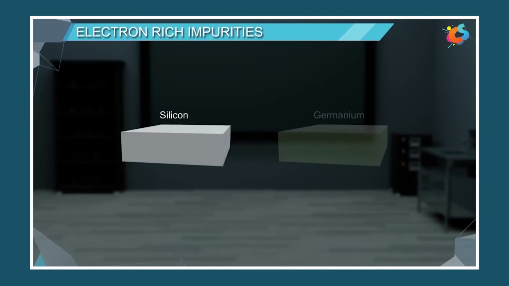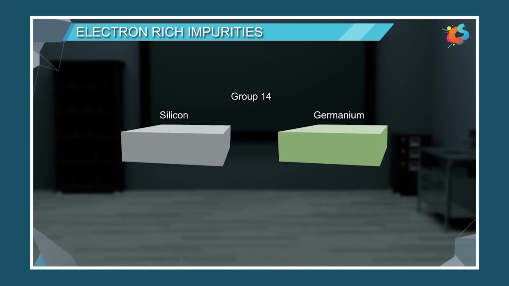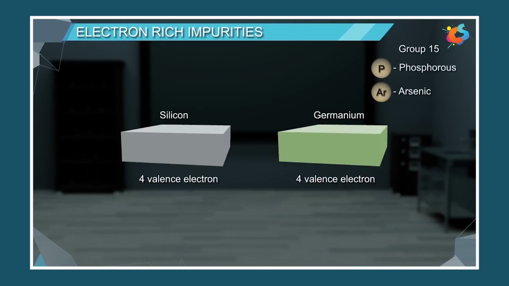Now, we know what is doping. Let us study how an intrinsic semiconductor can be doped. Doping can be done in two ways, with electron-rich impurities or with electron-deficient impurities. First, electron-rich impurities. Both silicon and germanium belong to group 14 of the periodic table and have 4 valence electrons each. When silicon is doped with a small amount of group 15 elements such as phosphorus or arsenic, the electrical